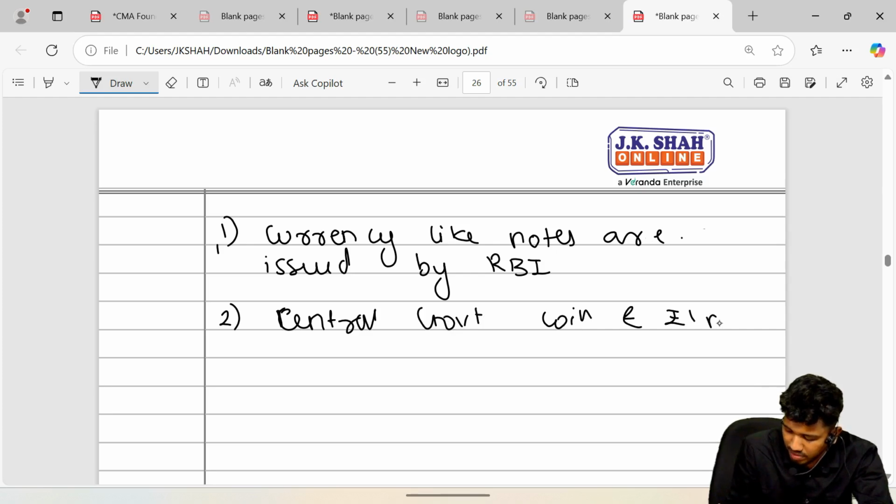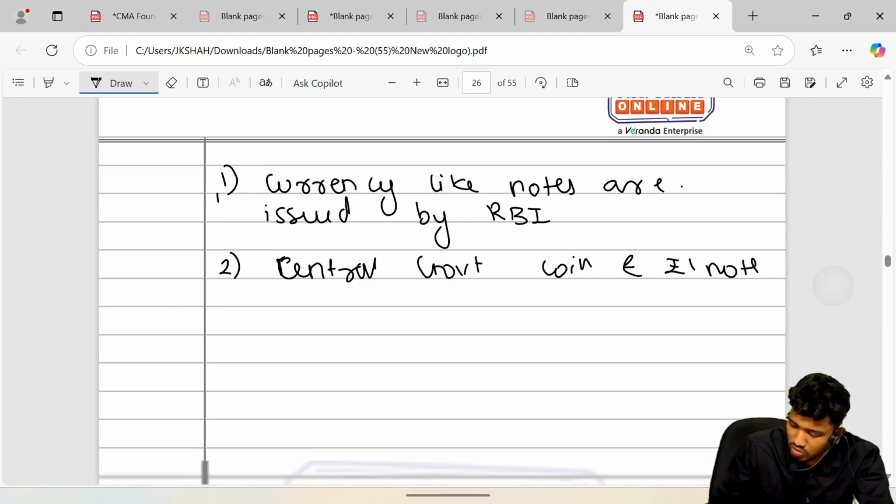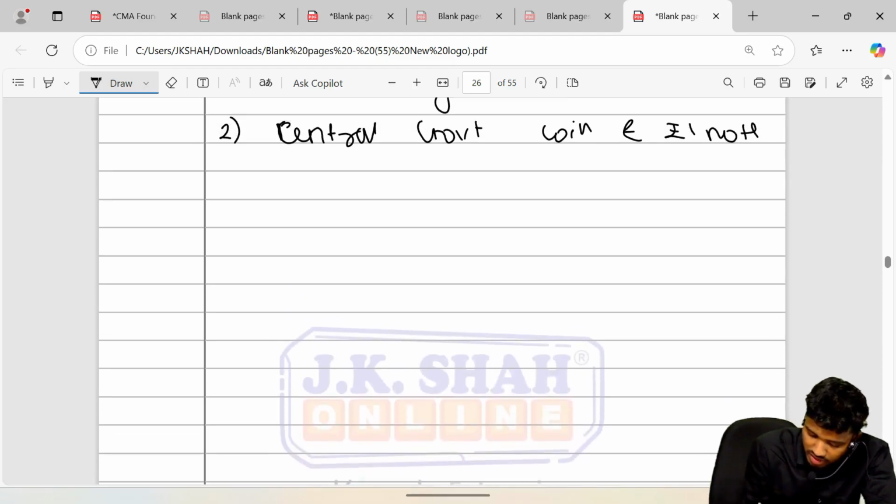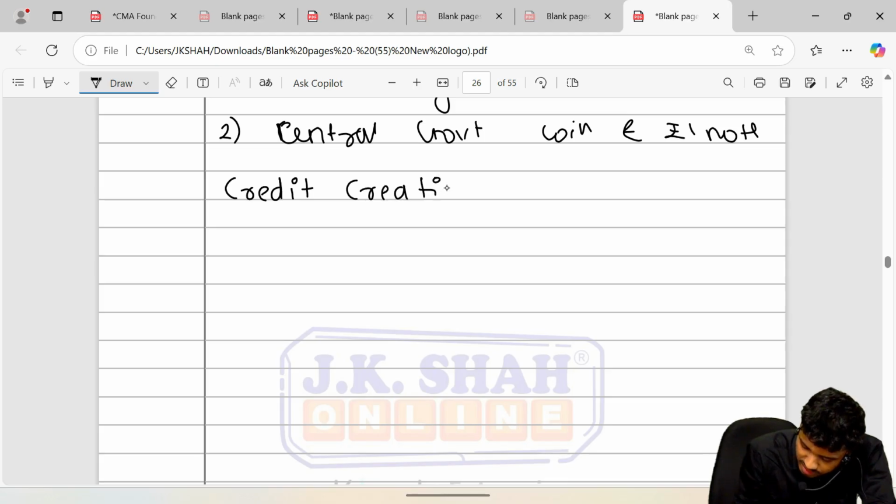That was being done. Yeah, that is fine. Now whatever I say as main, keep that in mind. Next, something that is called credit creation. Now in the country, credit creation is being done by commercial banks